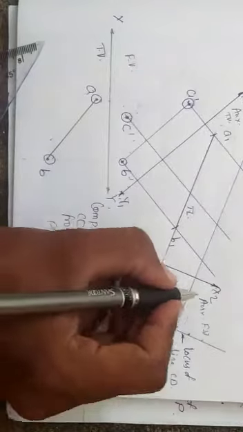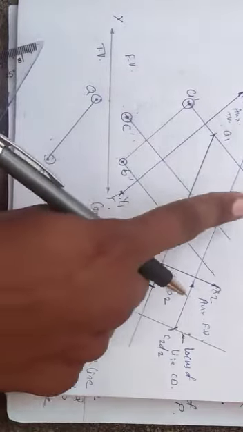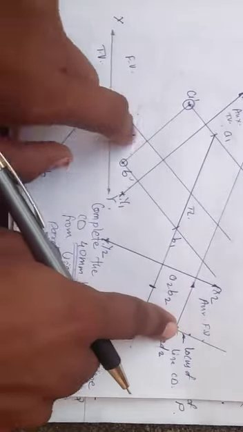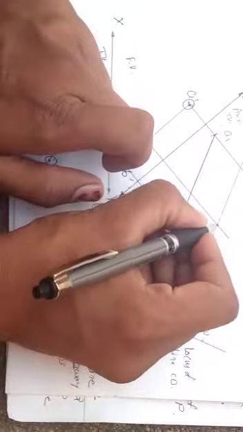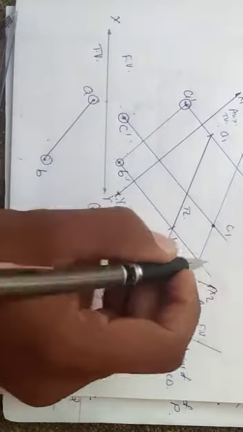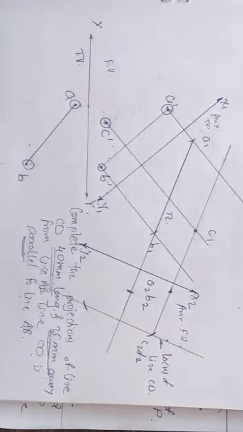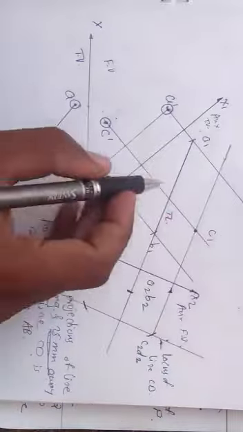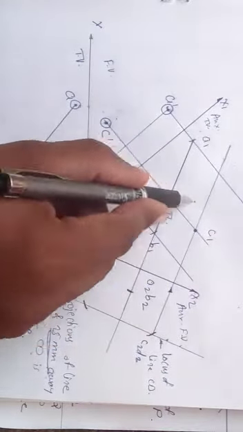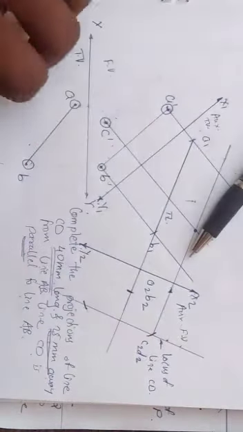So see here, we are taking C and D both the points back in the previous view, and also C is being transferred from here. So C and C, these two projectors are crossing here, so we will number this point as C1. This is a projector of C and this is also a projector of C. So we are getting the C point here. Now this is after x2 y2's view. So here we are expected to get the true length of line CD, and the true length of line CD is 40 mm. It is given.